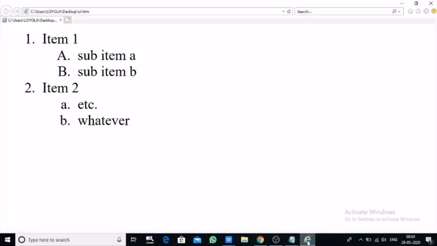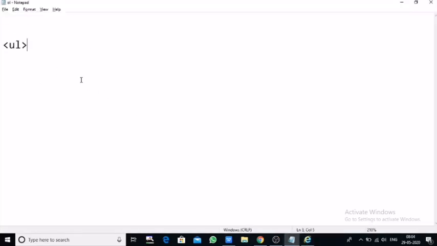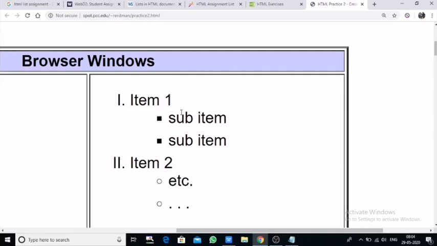ul, item 1. So here write li item 1, then within this is a nested bulleted list.